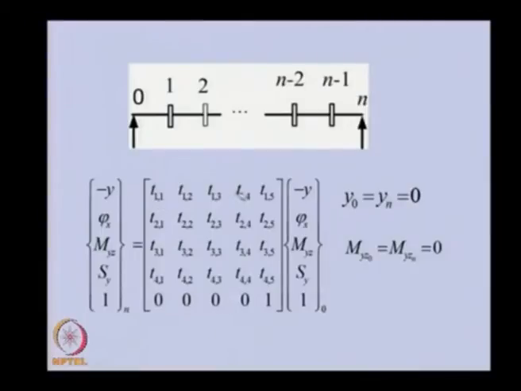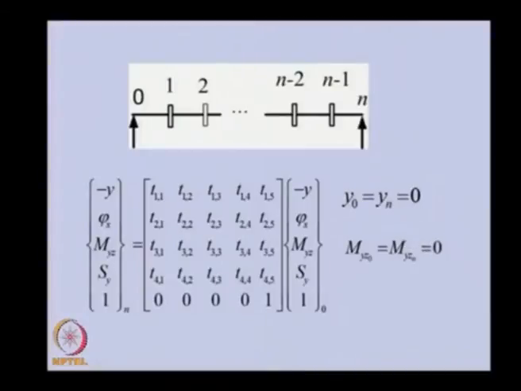Other terms are multiplications of various point matrices and field matrices, and basically all these will be functions of omega, which is the spin speed of the shaft for forced vibration. For free vibration these terms will be 0, and omega we can take as the natural frequency of the system. Now, for the boundary condition, here we have linear displacement 0 at the y 0 station. Similarly, at the nth station we have linear displacement 0, because these are simply supported ends, and the bending moment will be 0 at these two ends.